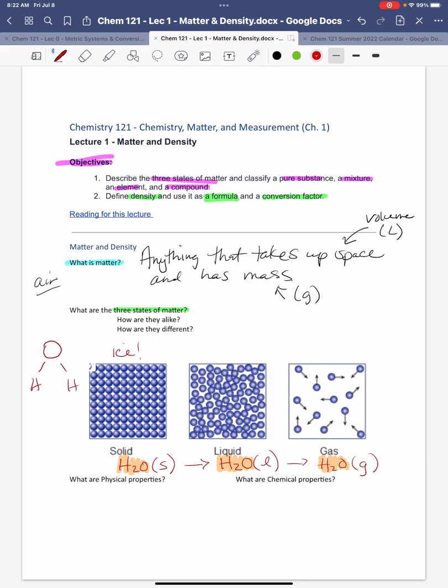But I want you to notice as you go through, like melting this ice and then putting it into steam, right? We might call it steam. And we often call this water because it's just so prevalent in our life. We actually call it the universal solvent, but we'll get to that too. But the idea here is how are they alike? Well, they're all the same types of particles, right?